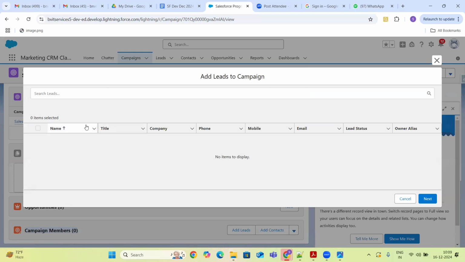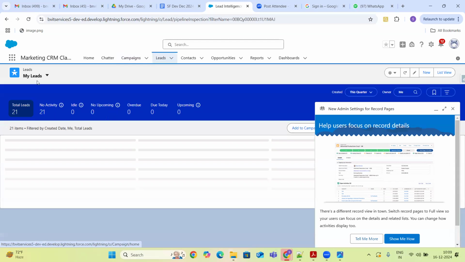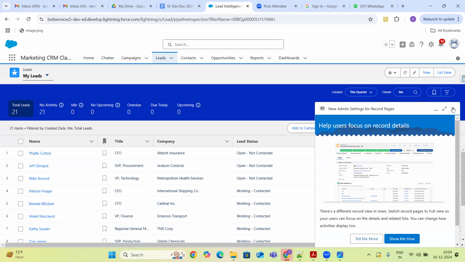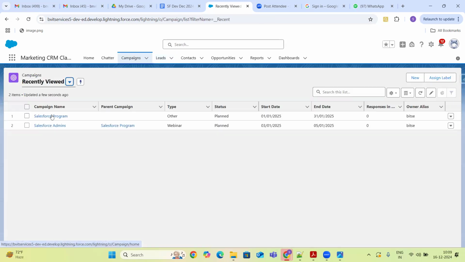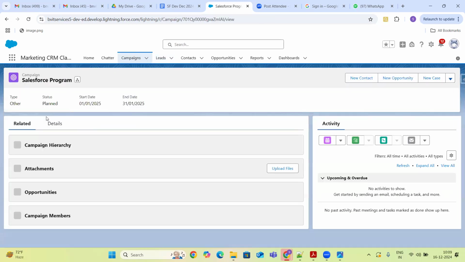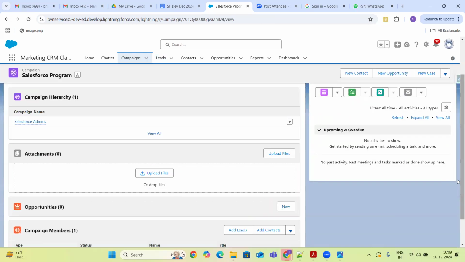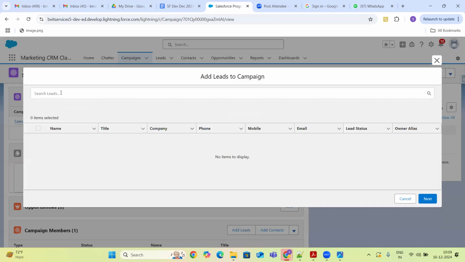I don't see any existing leads. Maybe we haven't created any leads yet. Okay, there are already leads. You can go to the campaign, Salesforce programs, and click on leads. I can search for them.